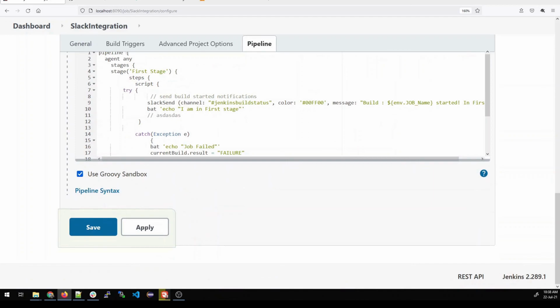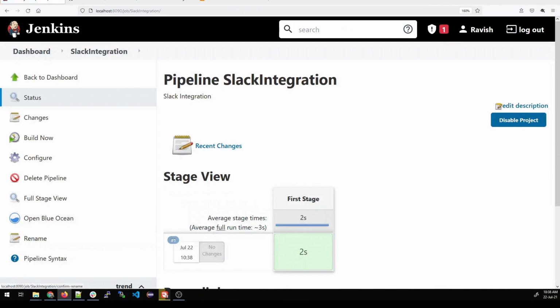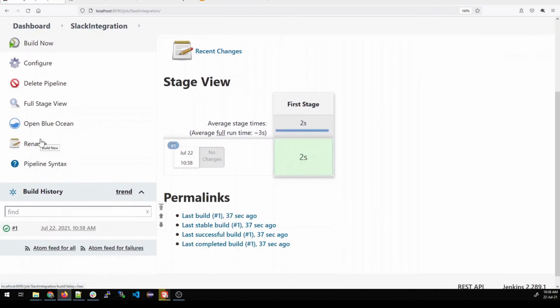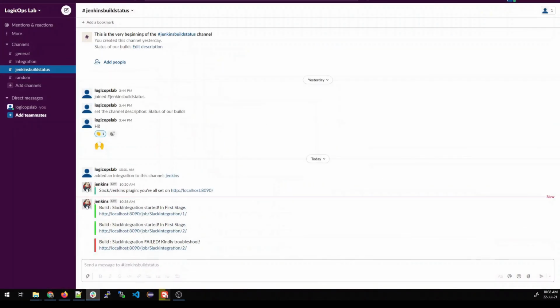What we'll do is we'll just comment this batch file and give some gibberish, ASDS, which makes absolutely no sense. So click on apply and save. Now what will happen is in the try block, it'll throw an error and the catch will catch it with a failure. Click on build now. And you can see the build has started with green, but it failed. Why? Because we gave a try catch block, and once the error was thrown, it went to the failure block and it threw an error with red color. So that's how it's done, guys.